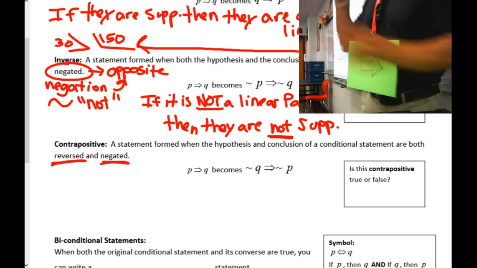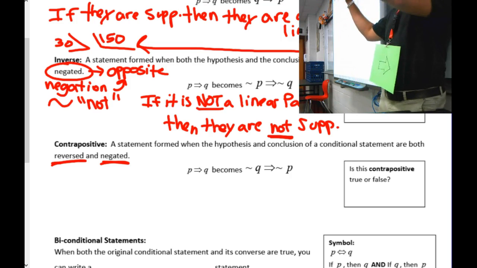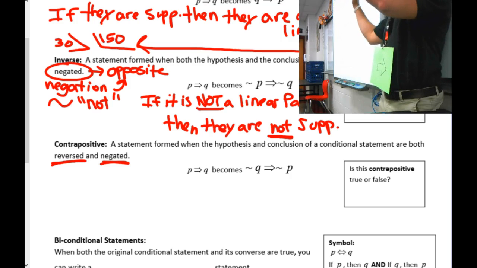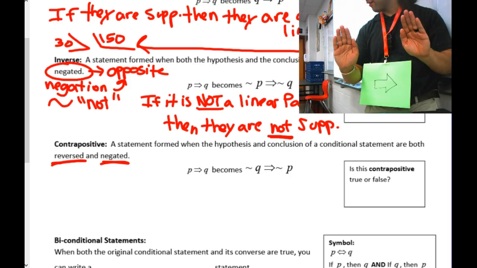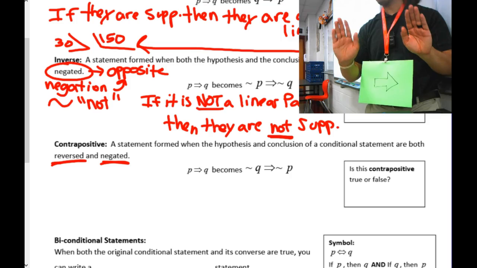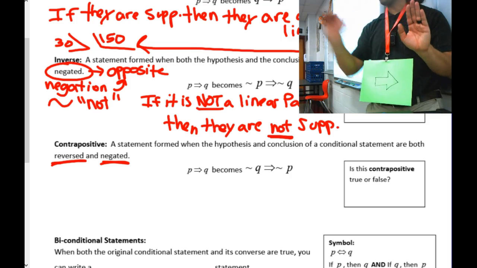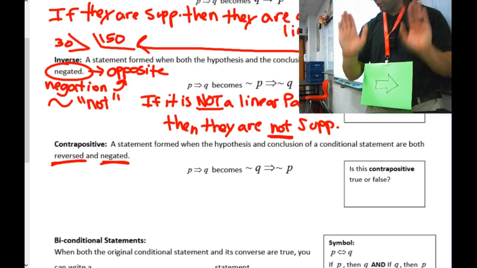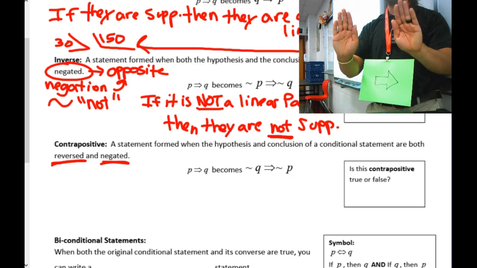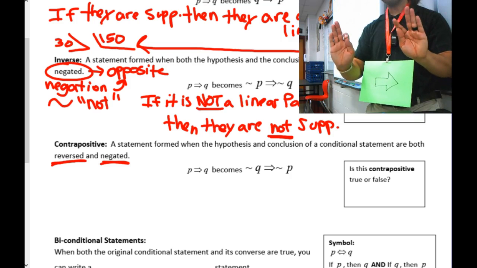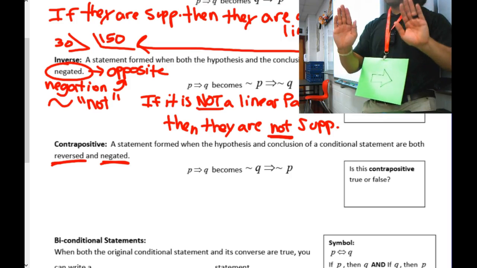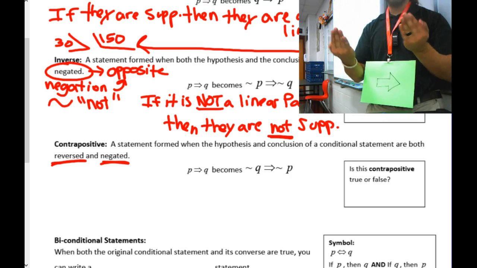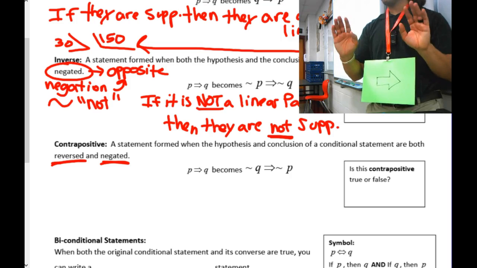So, let's see those hands. Let's see it, okay? Because this one is like a dance move. Y'all ready? So check it out. So, what was the first one called again? Before converse. The original is called starts with a C, conditional. The original is conditional. Now, converse, we do what? We tie our converse. We switch the order. What is inverse? What do I do with my hands? I invert them. Opposites.